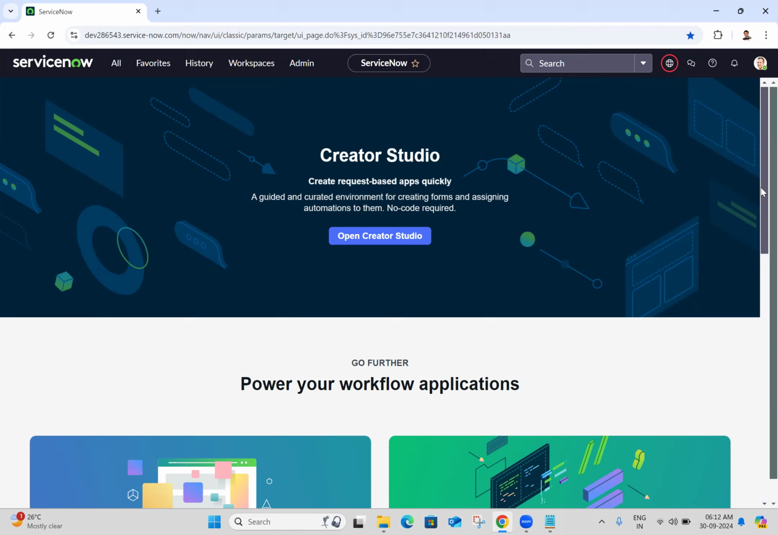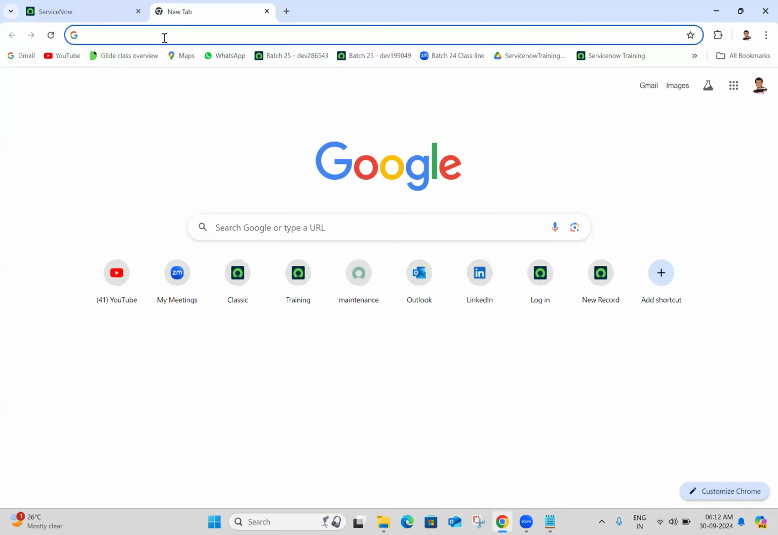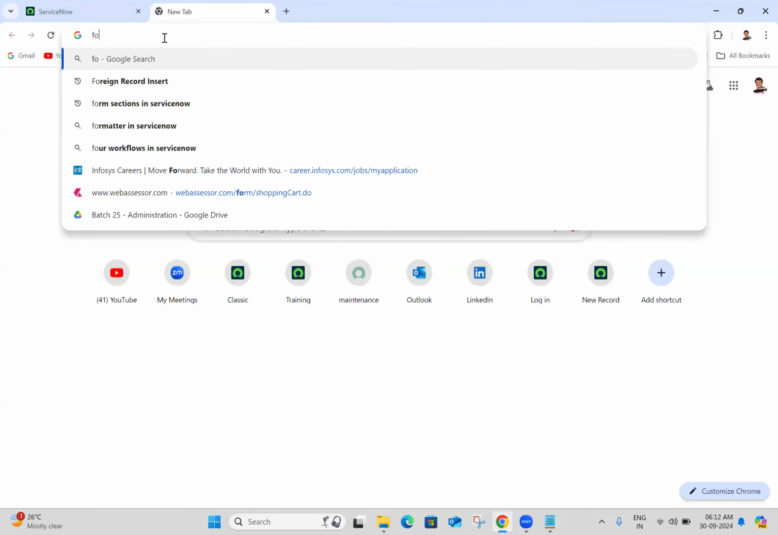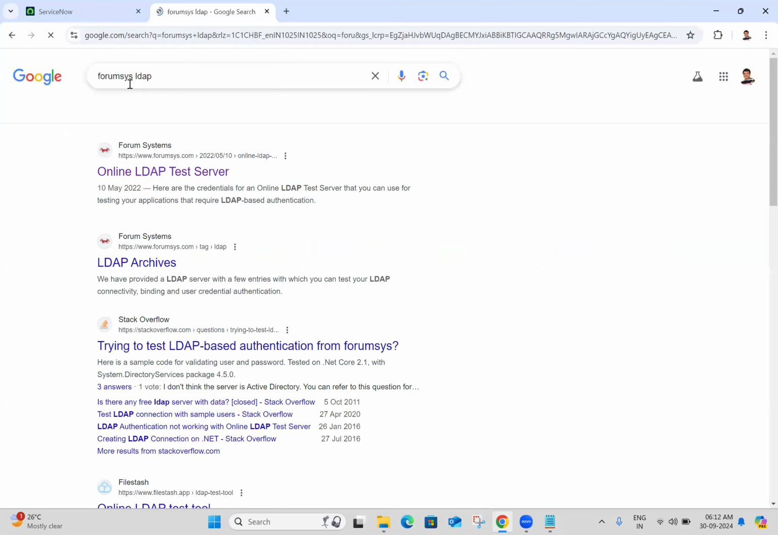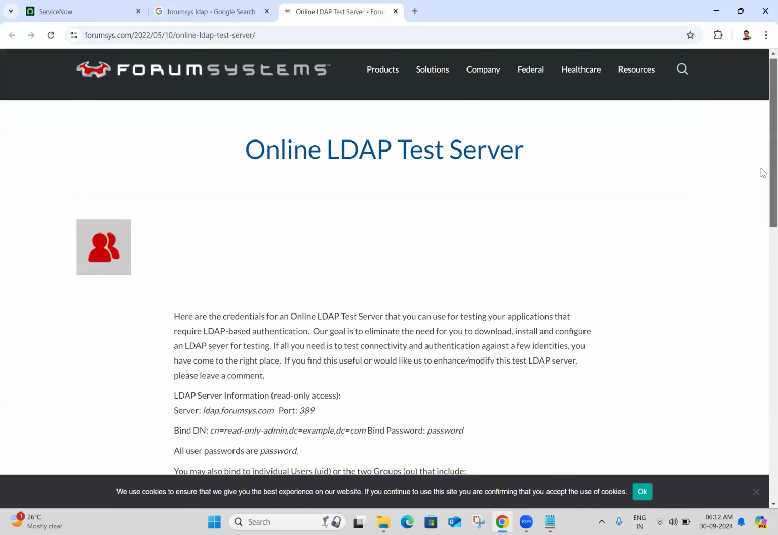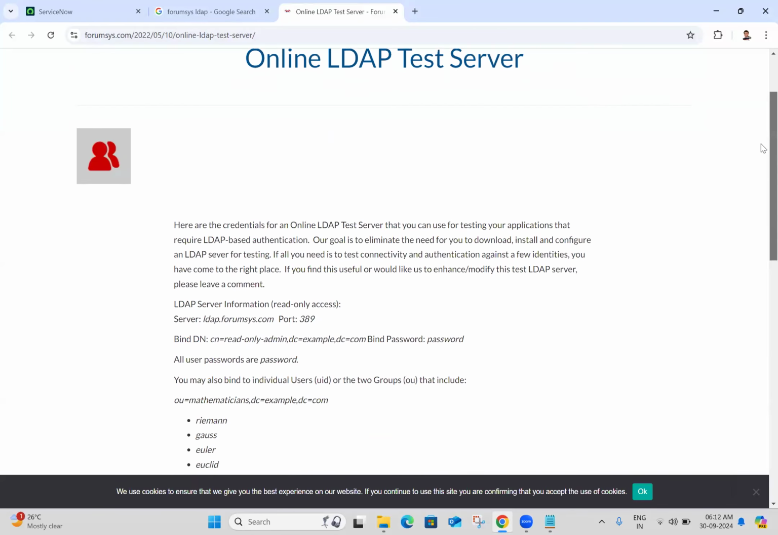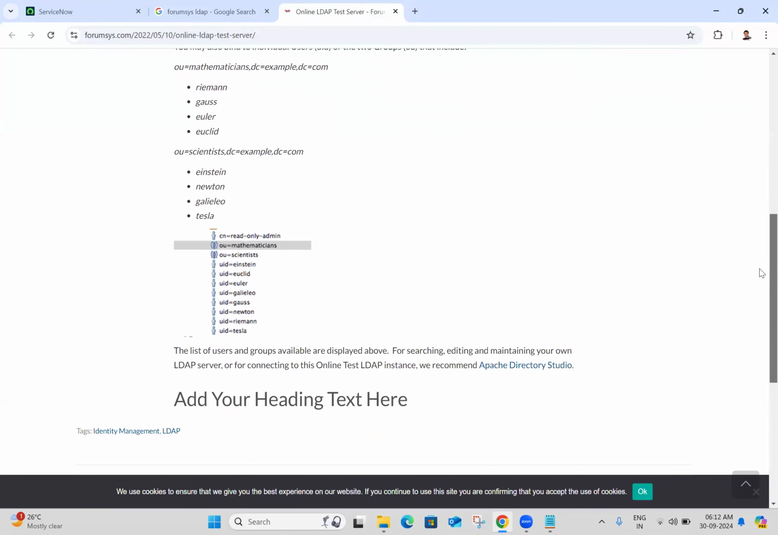So for doing the LDAP integration, as of now we don't have any Active Directory details. But online, we have a test LDAP server. You can type Forum Systems LDAP. This is a test online LDAP server. Now I'm going to explain how to bring user data present in this Forum Systems Active Directory to our